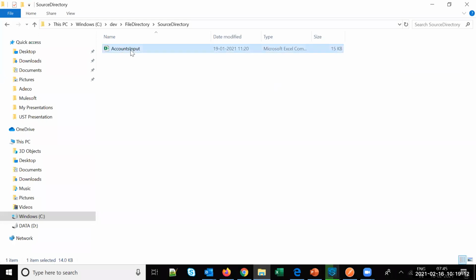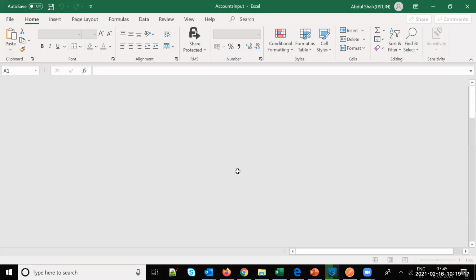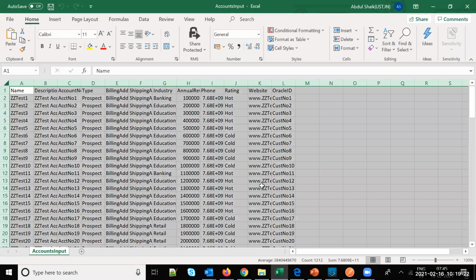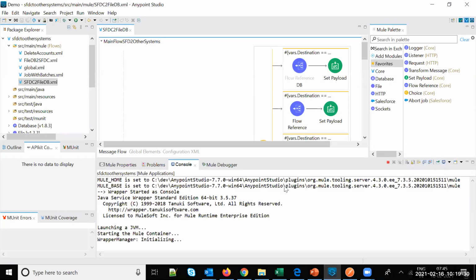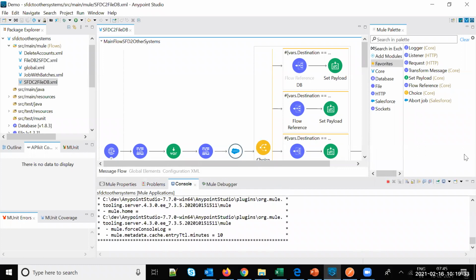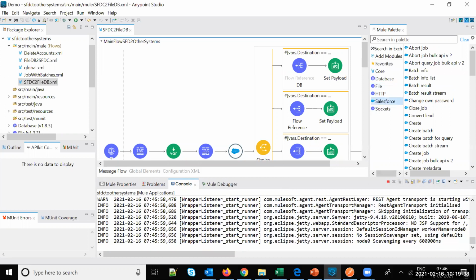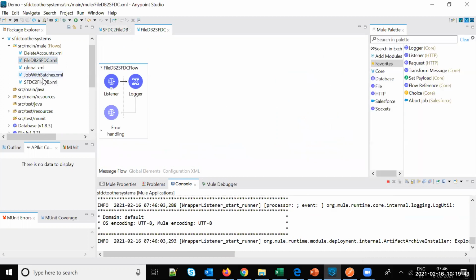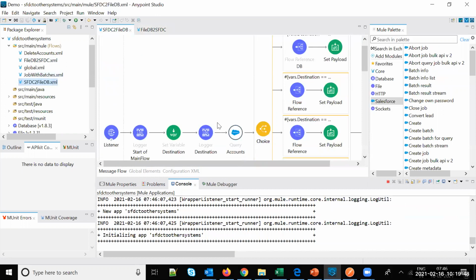Just to quickly show you, I have a CSV file in my local directory, which contains around 100 accounts. This I am going to upload into Salesforce. To achieve this, I have used two connectors: one is the file connector and another one is the Salesforce connector. While this application is getting deployed, what I've done is I have used the Bulk API to upload the data.